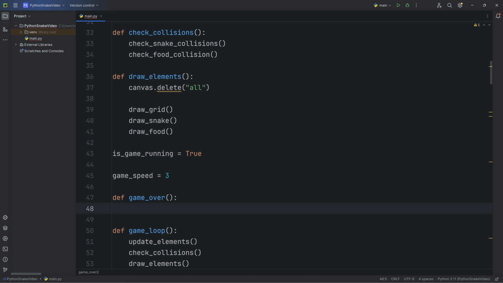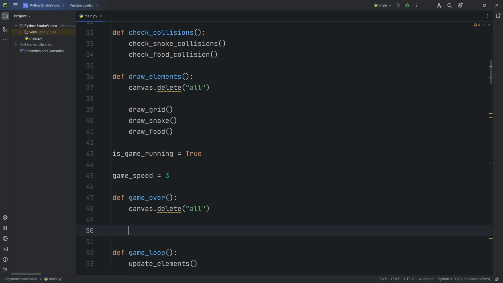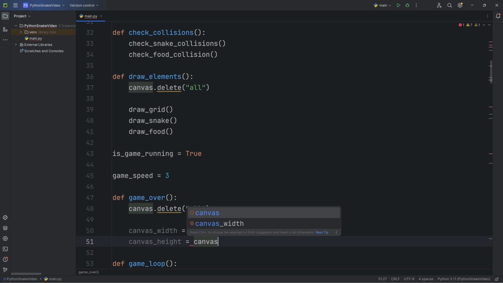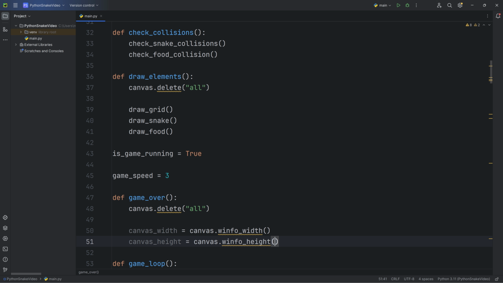When the player dies, we want to clear whatever is currently on the screen. So canvas.delete all. And we want to create a game over text for the player. Canvas width equals canvas.winfo underscore width, and canvas height equals canvas.winfo underscore height.